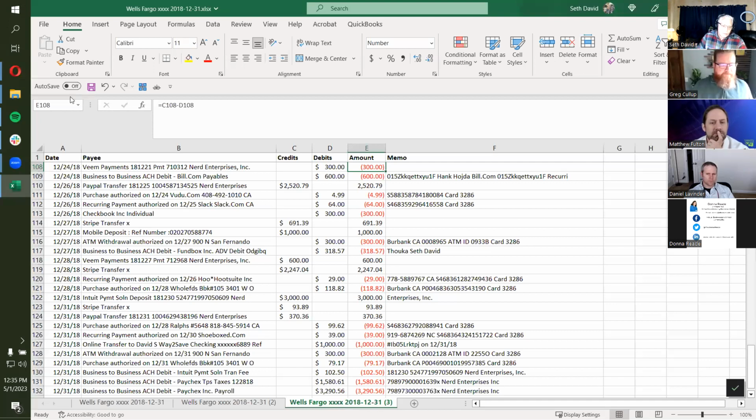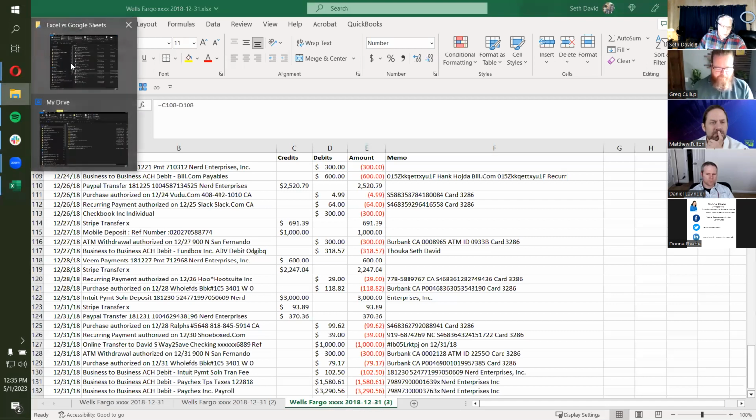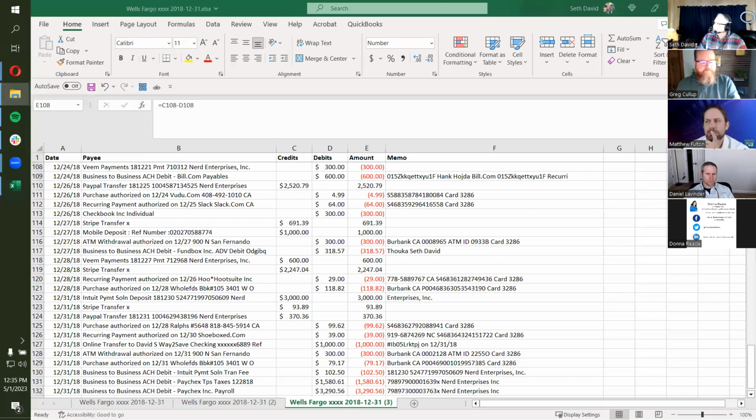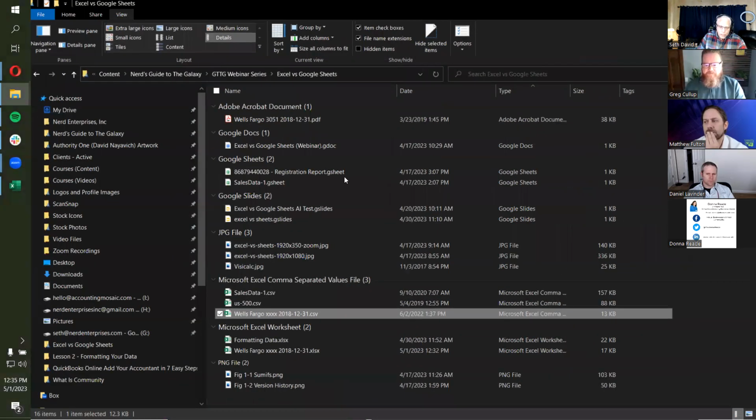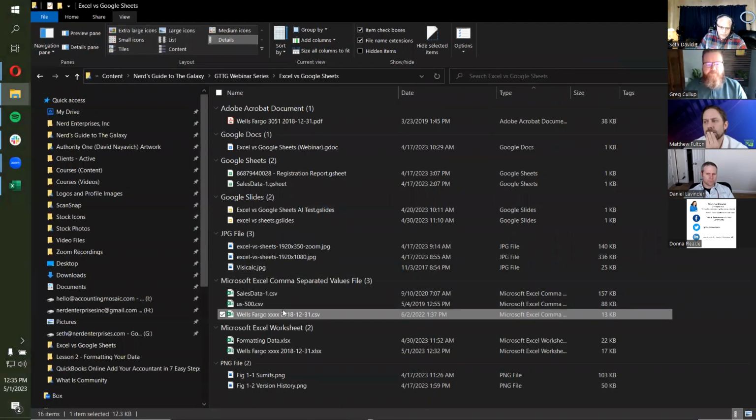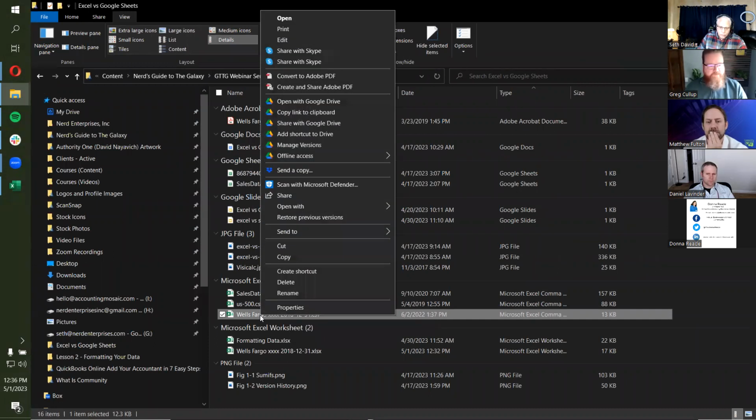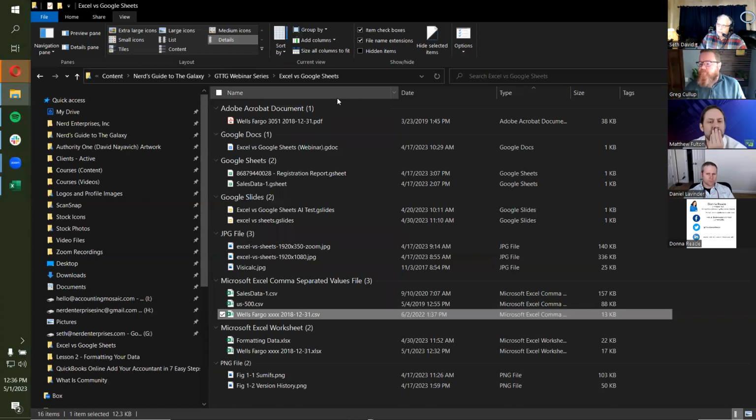Now let's do the same thing in Google Sheets, right? So in Google Sheets, by the way, I'll show you a little Google Sheets trick. It's more of a broader Google Docs trick, right? So here I am in Windows Explorer, right? And let's say I want to open this same file here in Google Sheets, right click, open with Google Drive. Okay, because it's a CSV file.